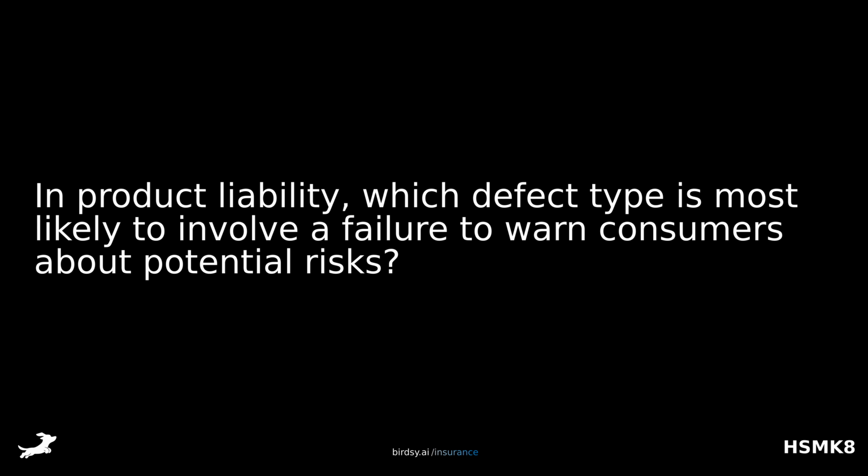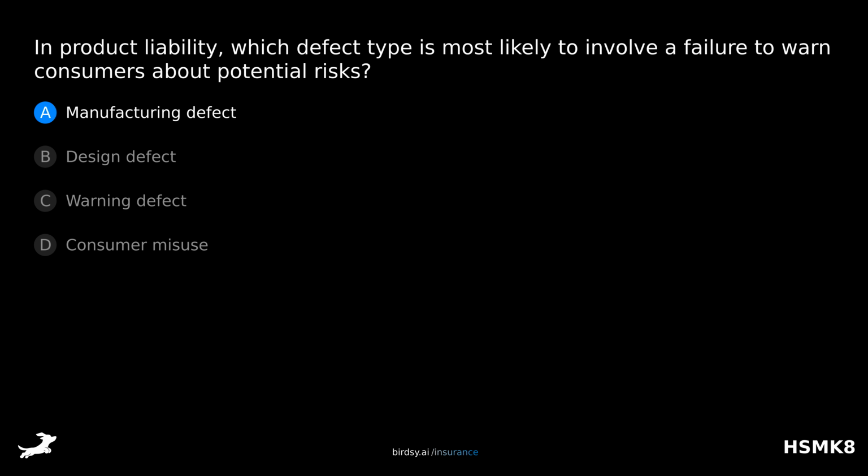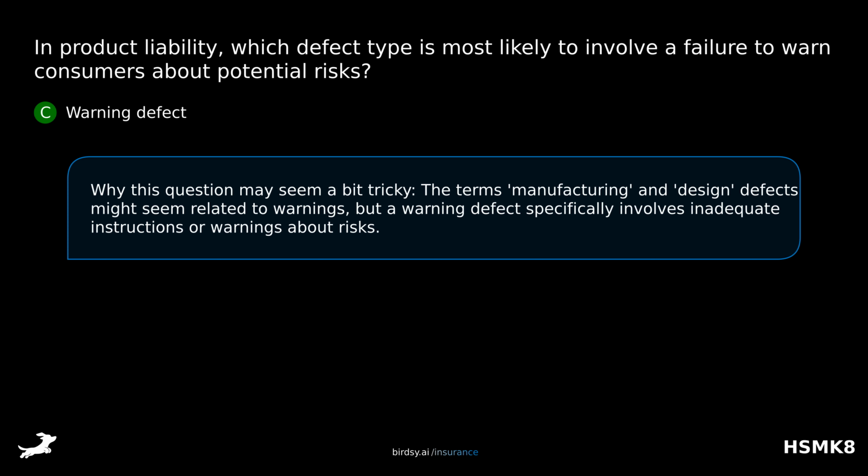In product liability, which defect type is most likely to involve a failure to warn consumers about potential risks? Is it A, manufacturing defect, B, design defect, C, warning defect, or D, consumer misuse? The answer is C, warning defect. Why this question may seem a bit tricky. The terms manufacturing and design defects might seem related to warnings, but a warning defect specifically involves inadequate instructions or